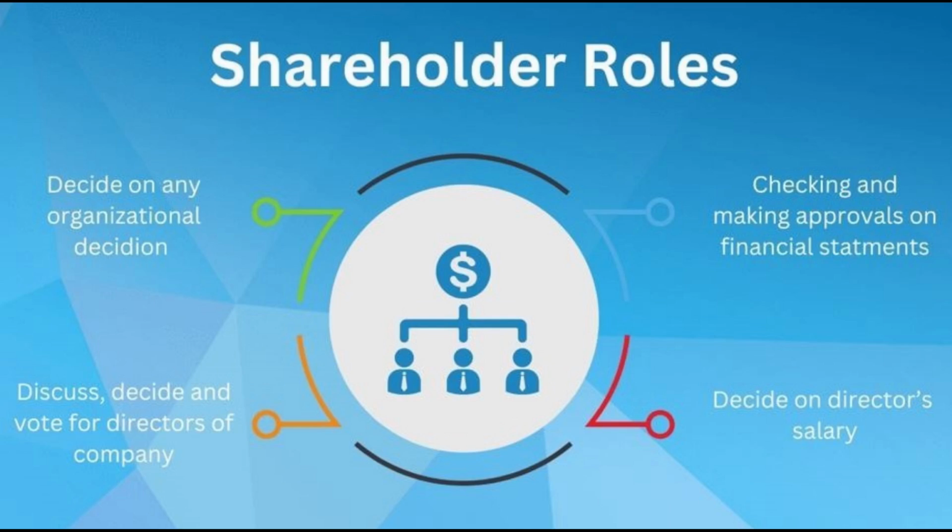The title director is given to senior management staff in a business. Usually, the chief executive officer, CEO, chief financial officer, CFO, and chief operating officer, COO, report to the board of directors. Directors are legally responsible for the company's management. Directors' duties include ensuring timely and accurate information submission to Companies House, striving for the company's success, and acting in its best interests. Failure to meet these responsibilities can lead to investigation and disqualification.